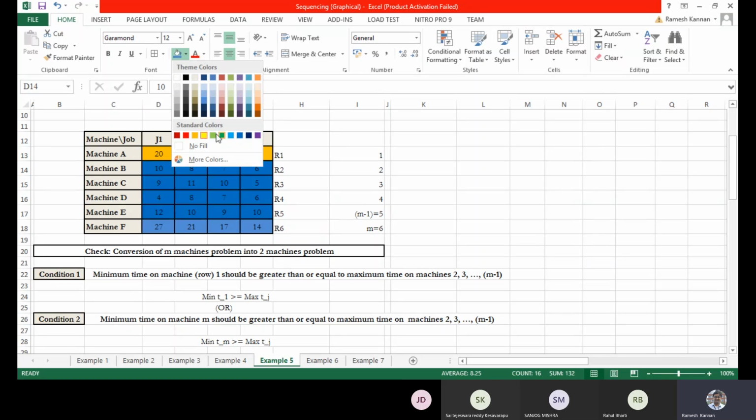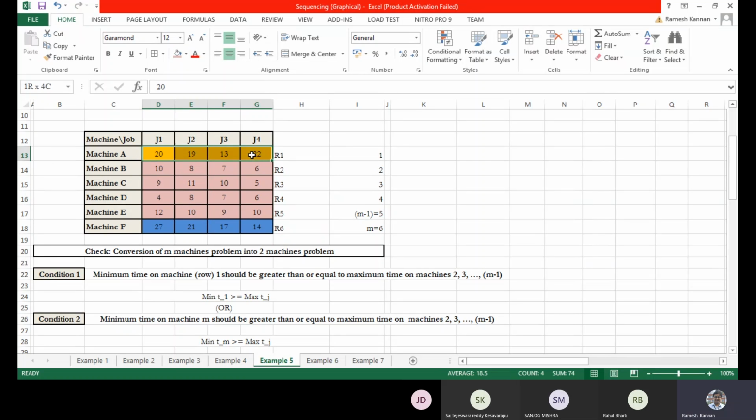So this being the first machine, this will be machine 3, and this will be machine 2. So this is kind of a machine 3 problem. And in this case, instead of machine 3 being single, machine 2 will become single. We have, I mean, 2, 3, 4, 4 numbers of machines.